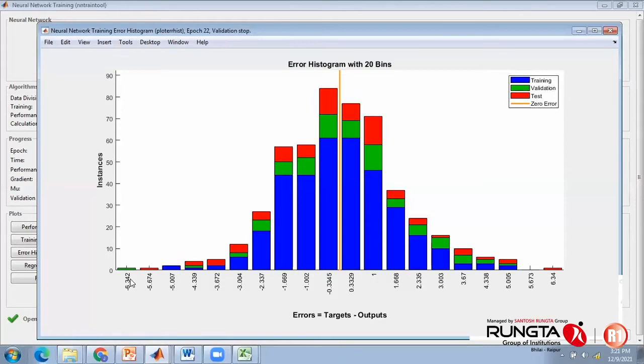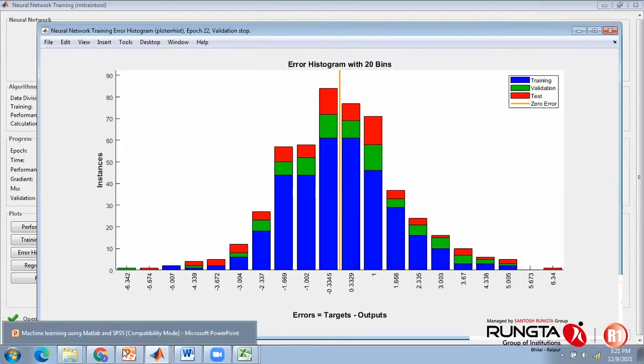For example, suppose there are disturbances. Few participants have put on mic. So 6.34 on this side, and suppose on this side 24 point something. That means you cannot get a normally distributed curve. That is the indication of skewness and kurtosis. That means abnormality is there, and it is not acceptable. Even the neural network model is not acceptable. So that's why this is a pretext condition, or maybe called a preamble, before accepting a neural network, that the error distribution should be normally distributed. Okay. Okay, sir. Thank you.